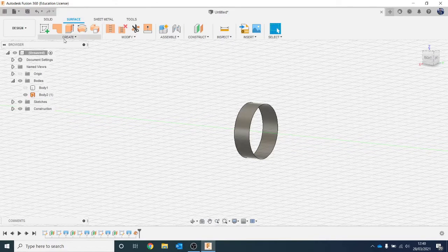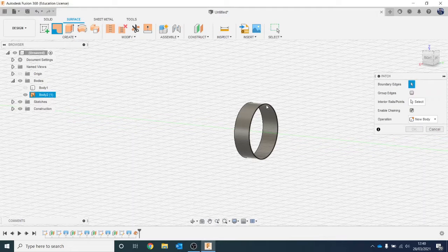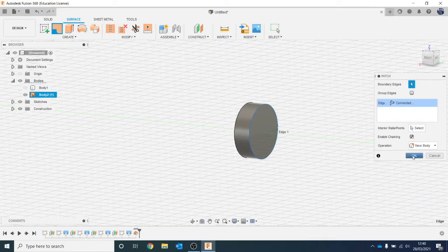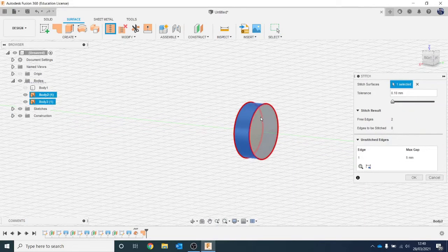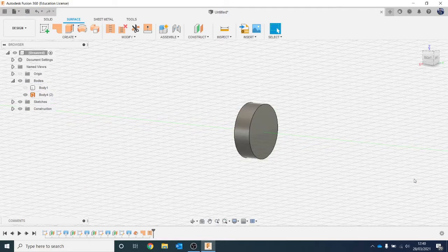We want it to be a full-on lid, so we're going to create patch and click on the surface we want to patch, which will cover the top bit. At the minute, there are two separate ones, so I can turn one off or the other off. I want them to be together, so we're going to stitch. I'll click on stitch, stitch that one to that one together, and it'll show you a little green line to show it will stitch it. Okay. So back over to the left-hand side, you can see I have just got one